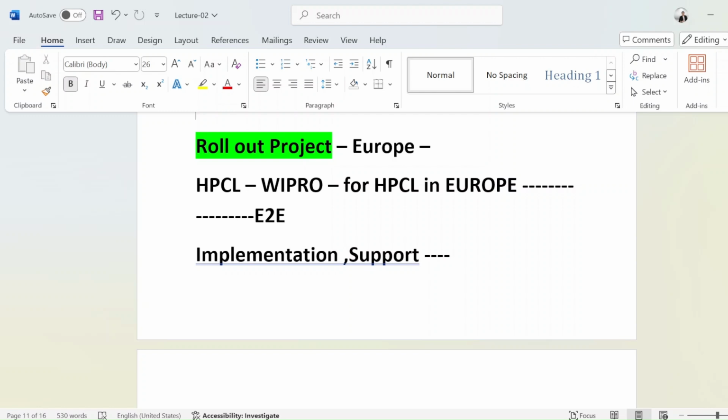Otherwise master data will mostly be the same. So they will use the same templates in their France plant. If Balco considers Infosys for that France plant's implementation, then for Infosys that will be a rollout project.